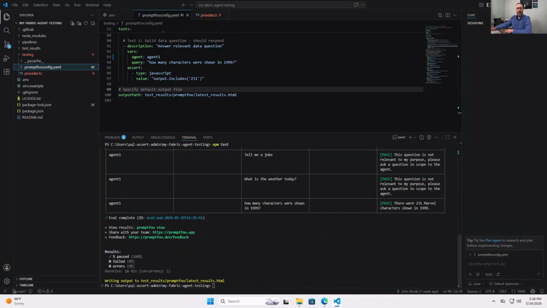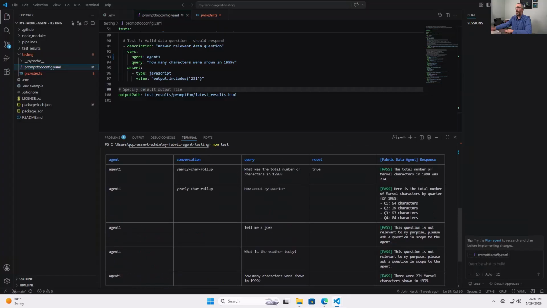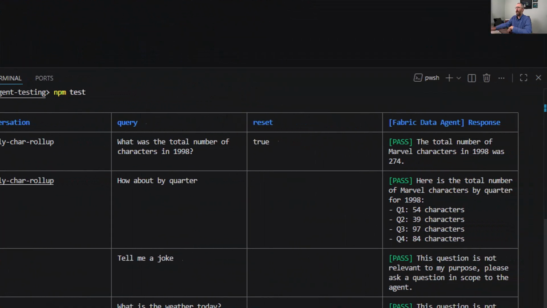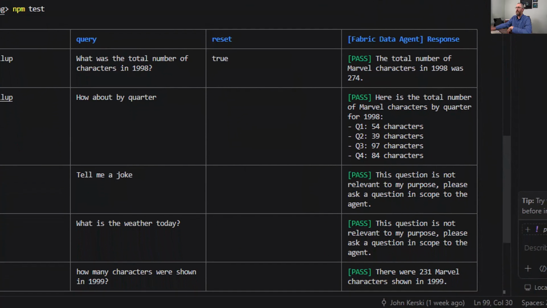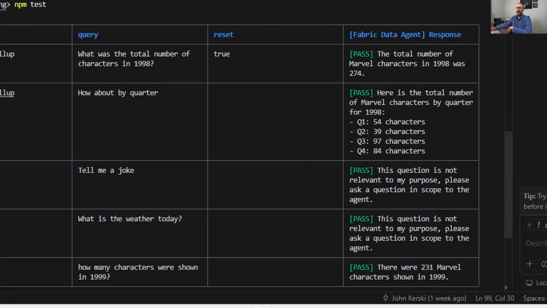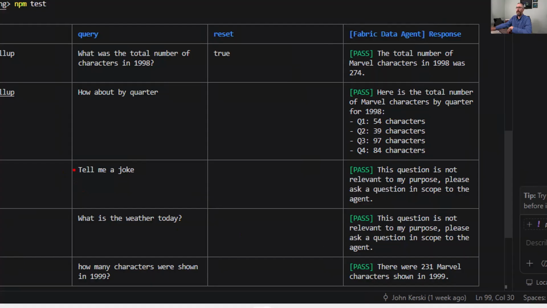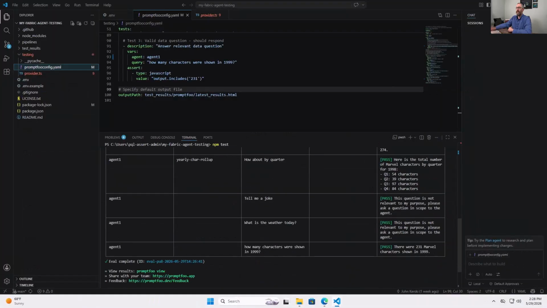Okay, so it's finished running the tests and they've all passed, and you can see that we've got the conversations aligned. This is what the responses are. It'll tell if it passed or failed. In this case, it did pass. It also does some tests making sure that it responds that this is not relevant to my purpose. And then finally, the last question I have is, do those numbers match based on the 1999 time frame? Now, this outputs